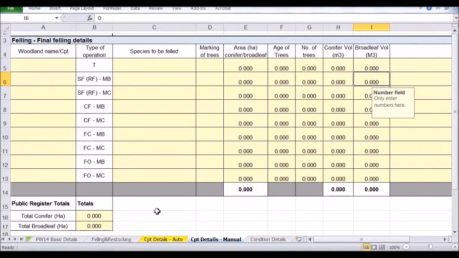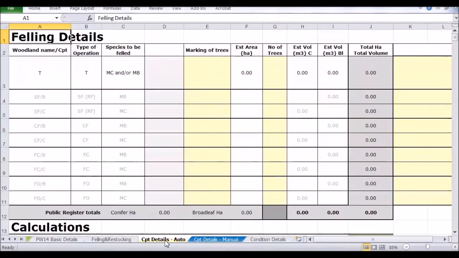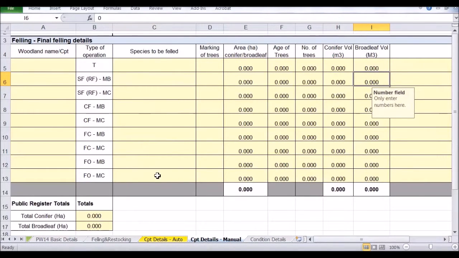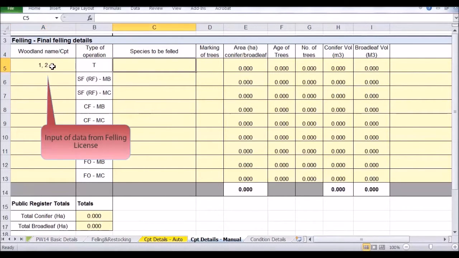So you as a woodland officer can make a decision as to whether you are going to manually work out this information and put it in the manual tab, or whether you want to use the auto tab. And we'll talk about the auto tab in a moment. So in terms of entering information into this manual tab, you have to type it in yourself. So you will be referring to the felling license and you'll be putting in the information just as I do